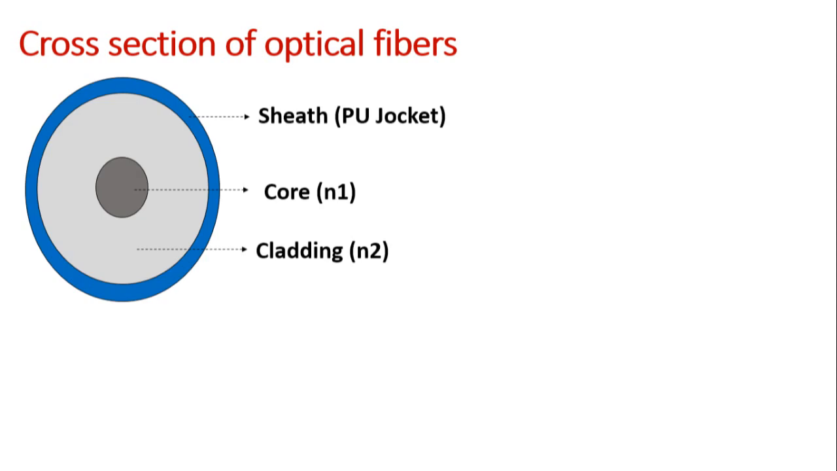What is the cross section of a fiber? I have already quoted, it consists of two main regions, called core and cladding, and another region which is often used to protect the fiber, called the sheath or protective layer, which is the outermost layer. You can see this is a cross sectional view. It consists of three regions,